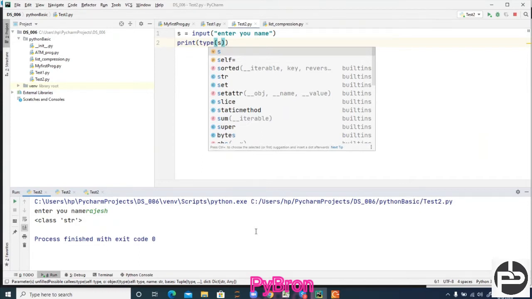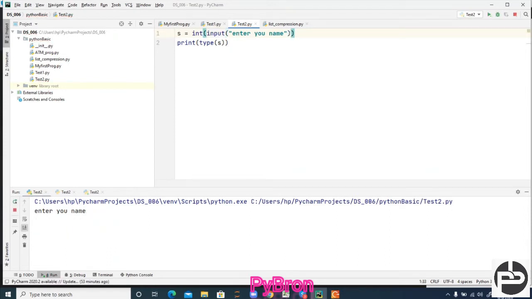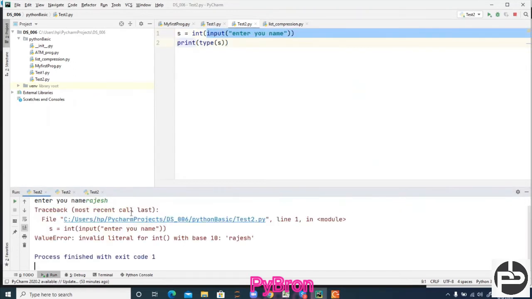Let's suppose I want to convert this name into integer format. Am I able to do this? Let me show you. If I'm executing this, I'm getting an error because a name cannot be converted into the integer format.